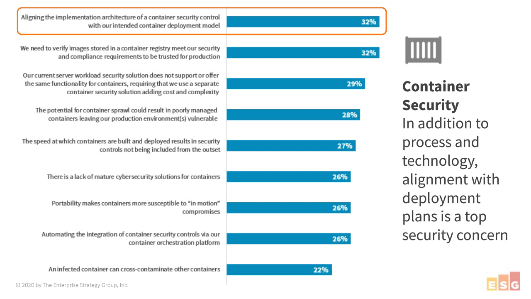You can use sidecars. You can even inject code at build time into the container. But if you're consuming container as a service or kube as a service, in other words, you're using something like Fargate, you don't have access to the host. And so a container security control that only provides host level implementation isn't going to work. It's just not architecturally designed for your environment. So that was the number one challenge.